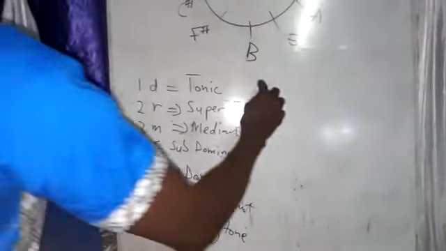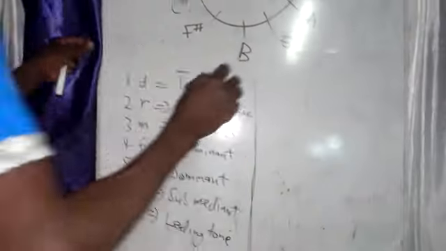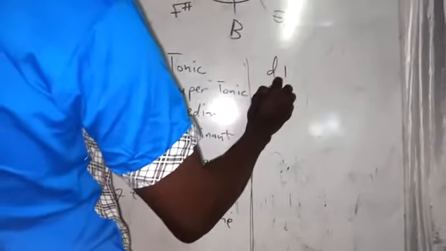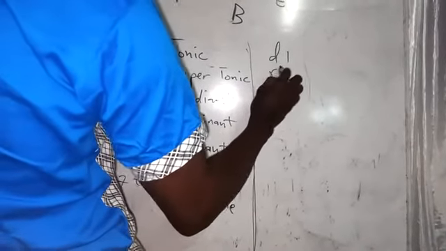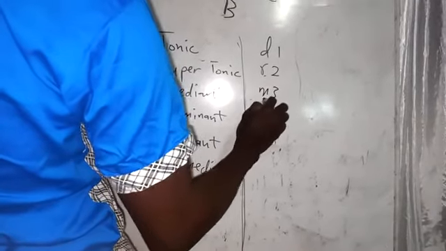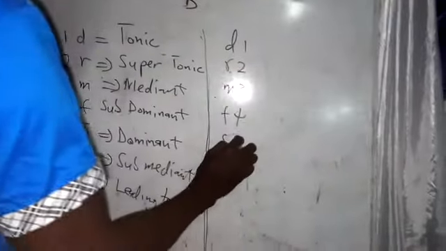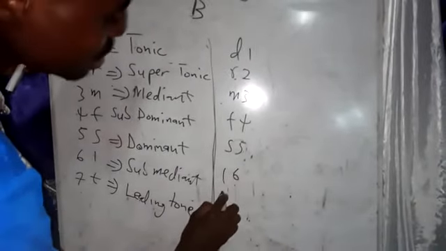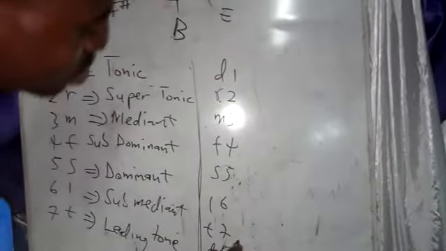Now watch this. This is how the chord family goes. We have here the first note, the do. Re, second note. Mi, third note. Fa, fourth note. So, fifth note. La, sixth note. Ti, seventh note. And the do, the eighth note.